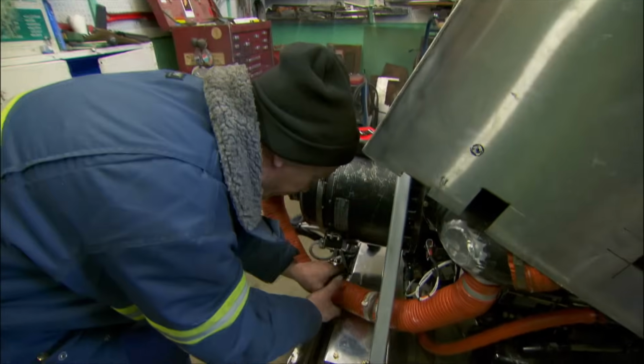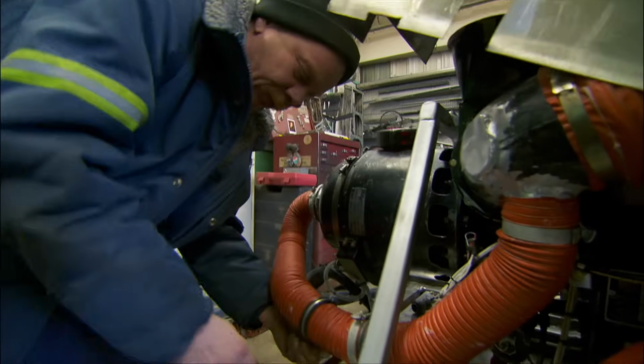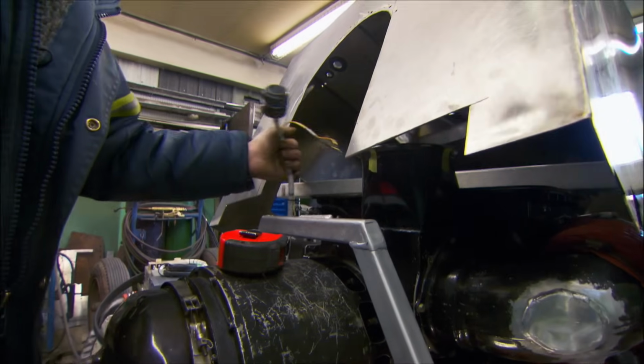I'm gonna hook this up. Chief Mechanic Chuck Adams is finishing work on the APU. APU stands for Auxiliary Power Unit, which is AC power and air to get the thing started. This is just to get it running. The APU gives the Electra the jump-start it needs to power its systems. Designed this in my head, so if I die, they're